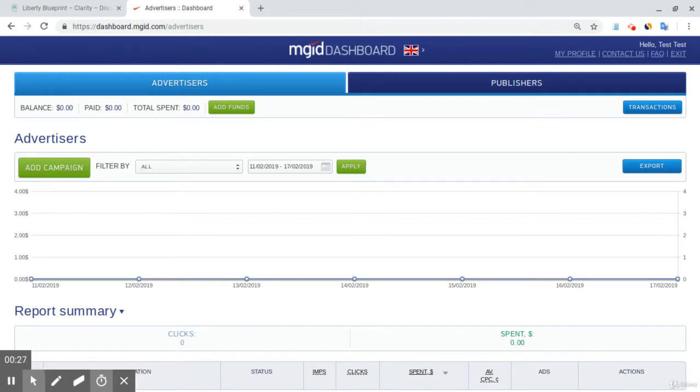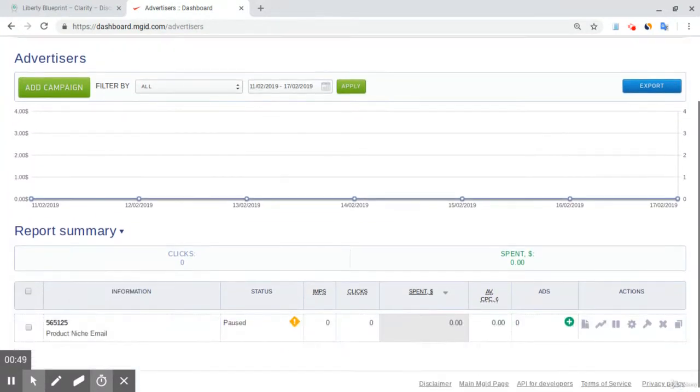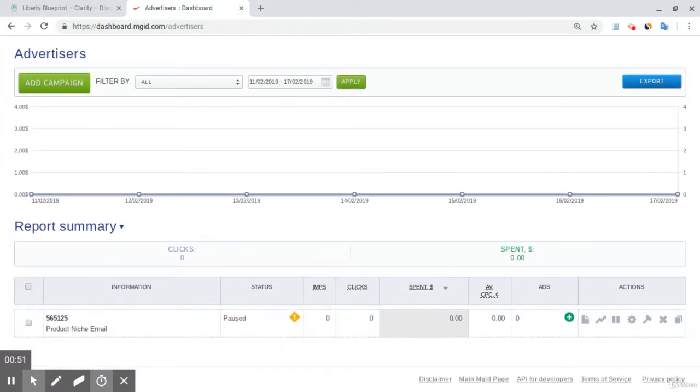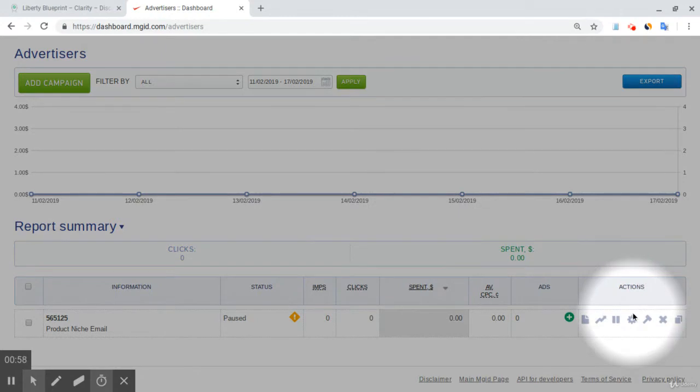Again, in the previous lectures, I showed you how to do a whitelist campaign, so you're likely spending only the daily max or minimum of $50 per day on your campaign. So the obvious next step is to actually increase your budget to $100 per day, $150 per day, or more. Now, to do that, let me show you how, and I'll also give you some pointers as to what you should consider when scaling. So once you're in MGID, all you have to do, find your campaign and simply find